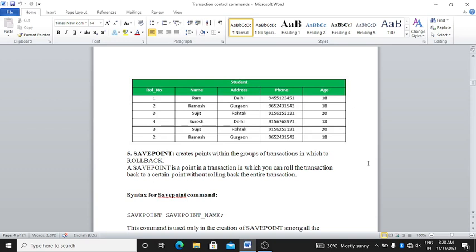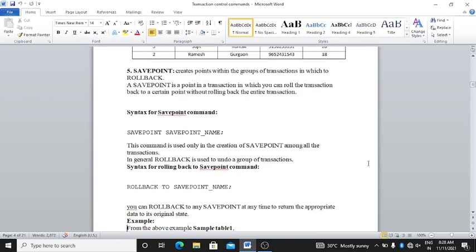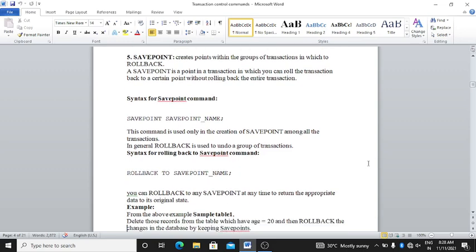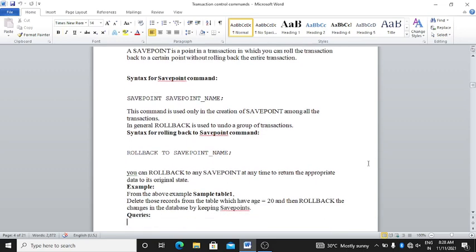Savepoint. It creates a point within the group of transactions to which to roll back. A savepoint is a point in a transaction to which you can roll the transaction back without rolling back the entire transaction. Okay. Syntax for the savepoint command is: savepoint savepoint_name; semicolon is a must.